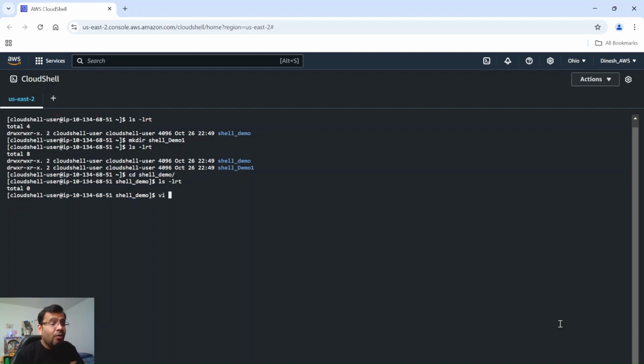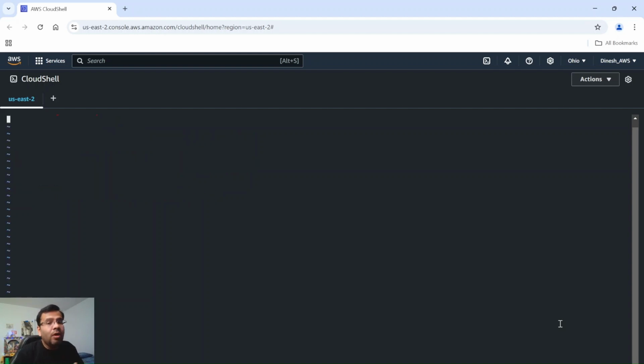So how can you create your first shell script? vi, the name of the script, which can be first_shell.sh. Why is sh needed? Because the shell needs to interpret that file as a shell file, so it should always have the extension .sh. And now once I enter it, I have opened that file,